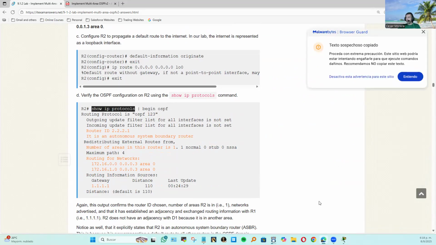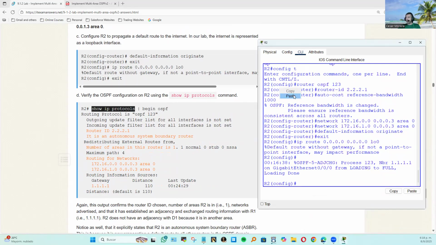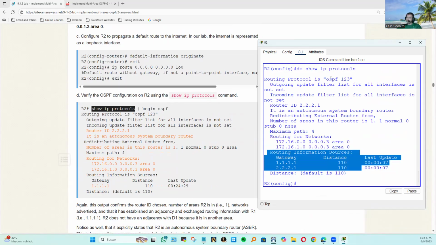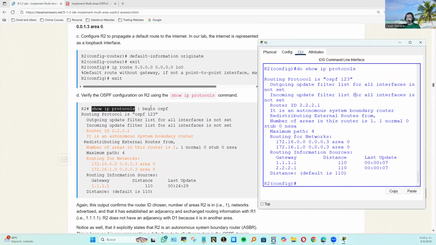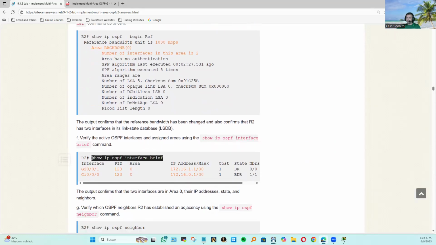Show protocols is the next command that we're going to execute. And there you have it. Control A, and let's do a 2. And there you have it. You have the networks, the areas, the gateways, the process ID, and the router ID. Next thing we do, show IP OSPF interface,